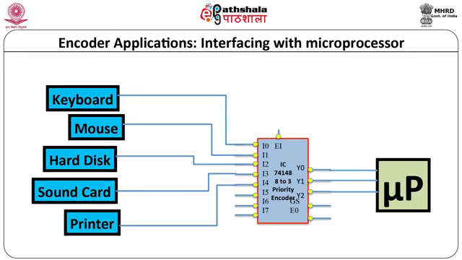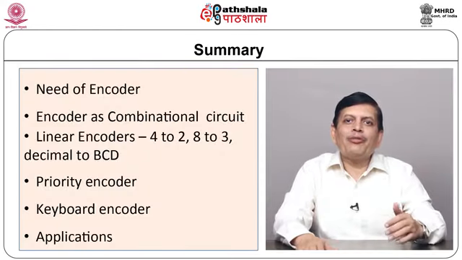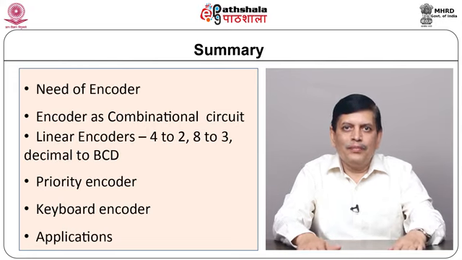While interfacing many devices to a microprocessor, it is possible to make use of a priority encoder to set up the priority amongst the interrupting devices. The interrupting device will make the line low and the priority encoder will communicate this information to the microprocessor. Let us now sum up the things that we have studied in this session.